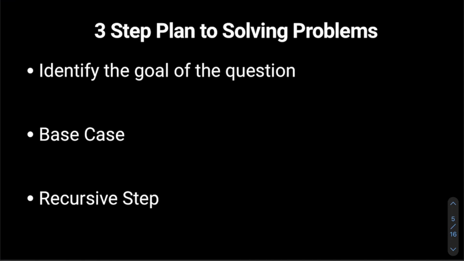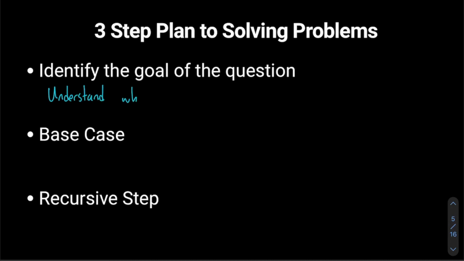So I think what we really need to focus on is a 3-step plan to solving problems. Why? Because I think it'll be a lot easier and a lot more helpful if students understand a general guideline that they can use to solve recursive problems. So I think the first thing is to identify the goal of the question. This is really simple. You may think that this is not too difficult to understand, but I want to put it in this perspective. When I mean identify the goal of the question, what I really mean is understand